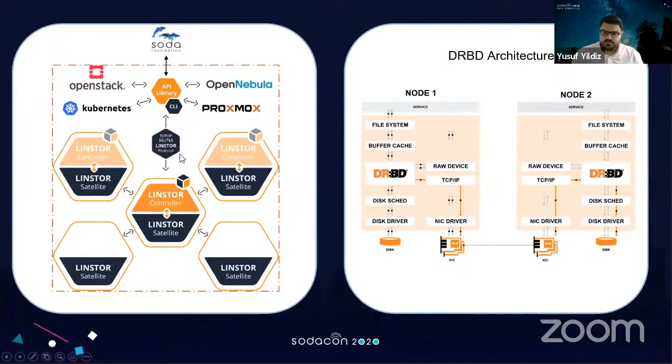And let me jump into LINSTOR. So let's say you want to create some DRBD pairs in your system. If you have 2 nodes, that's okay. You just need to modify a couple of config files. If you want automation, you set up Pacemaker and so on, and that's it. But if you are using, let's say, Kubernetes or OpenStack, VMware, OpenNebula, Proxmox, KVM, you name it. If you're using these kinds of